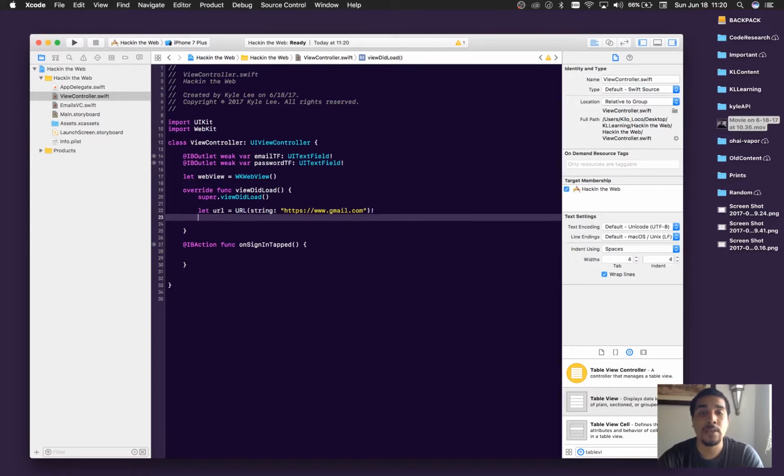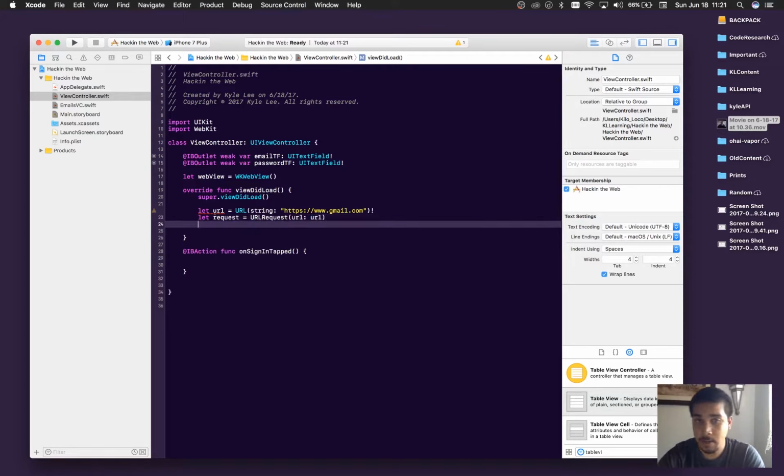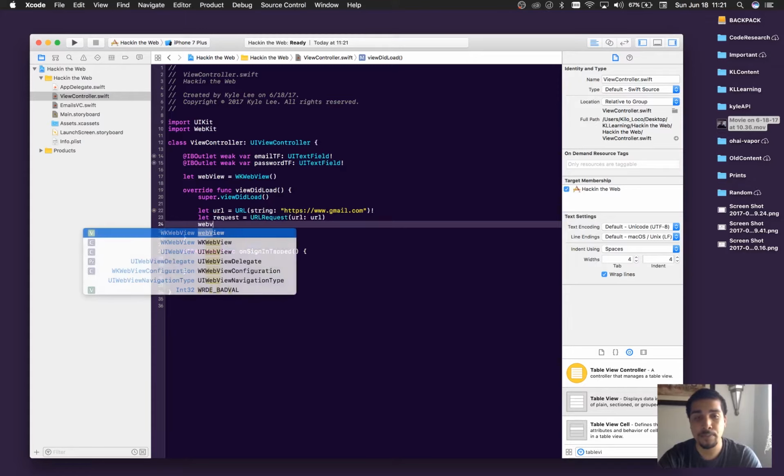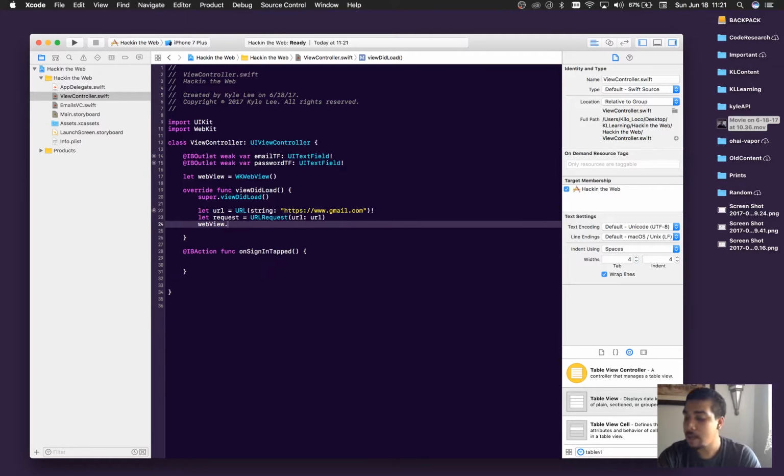And then we want to turn this URL into a request. So we'll do let request equals URLRequest, and we'll initialize this with a URL, our URL, obviously. And then from here, since we have our web view already initialized, we'll do webView dot